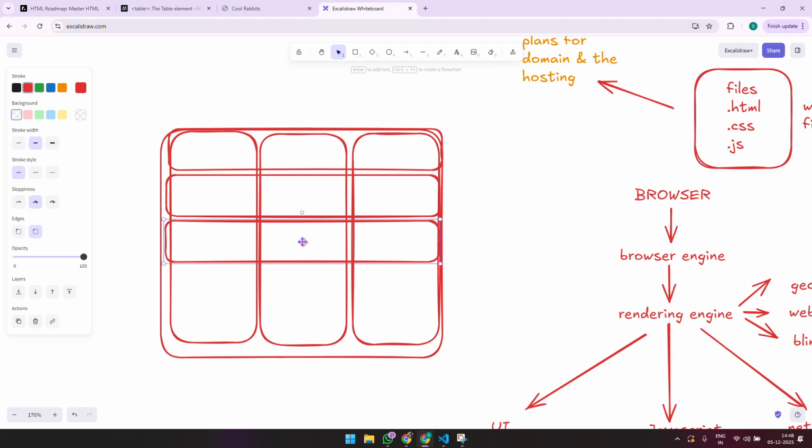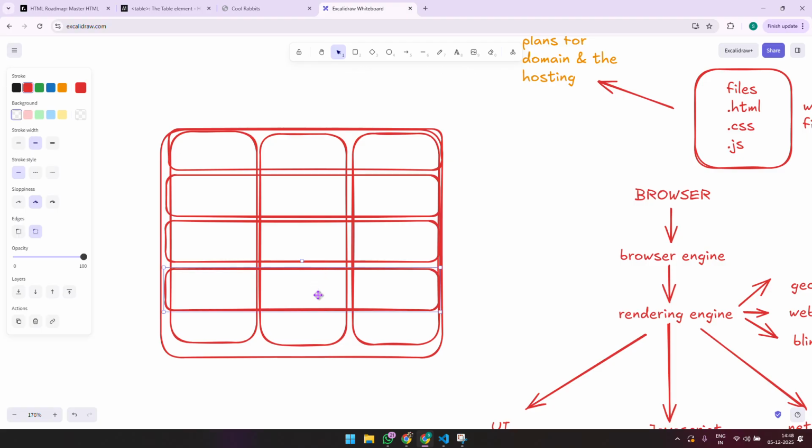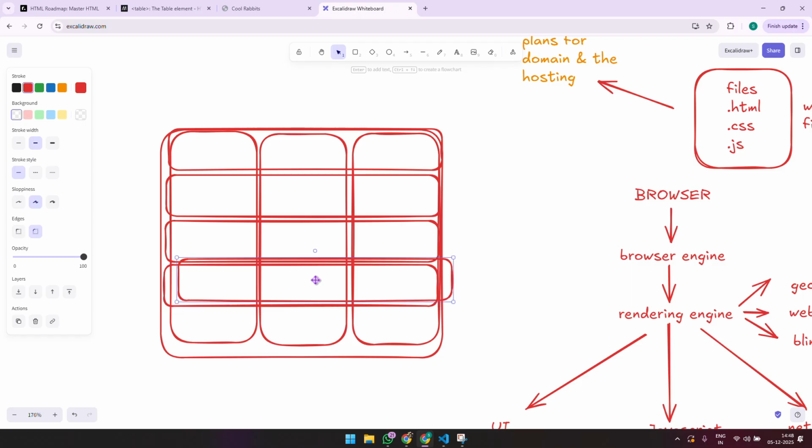And let's say it has 4 rows like this and then one final row of something like this, right? We'll make this one row that